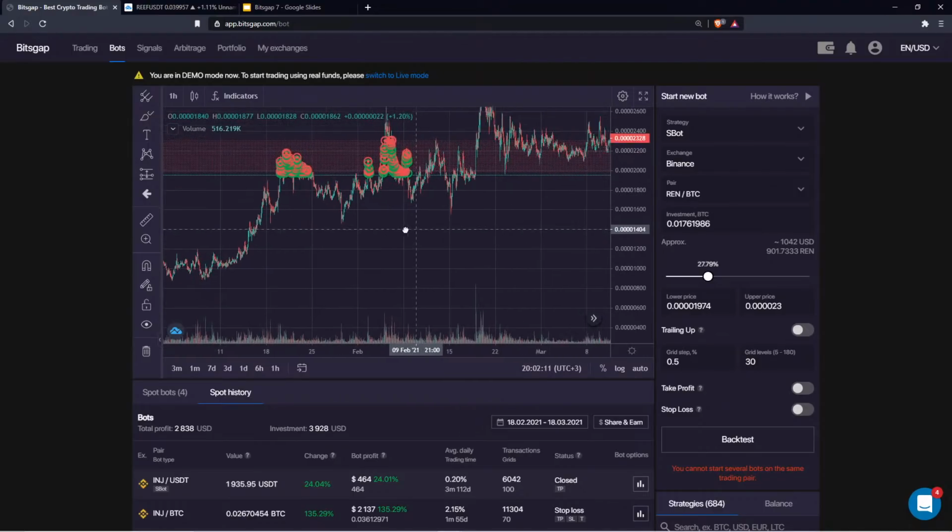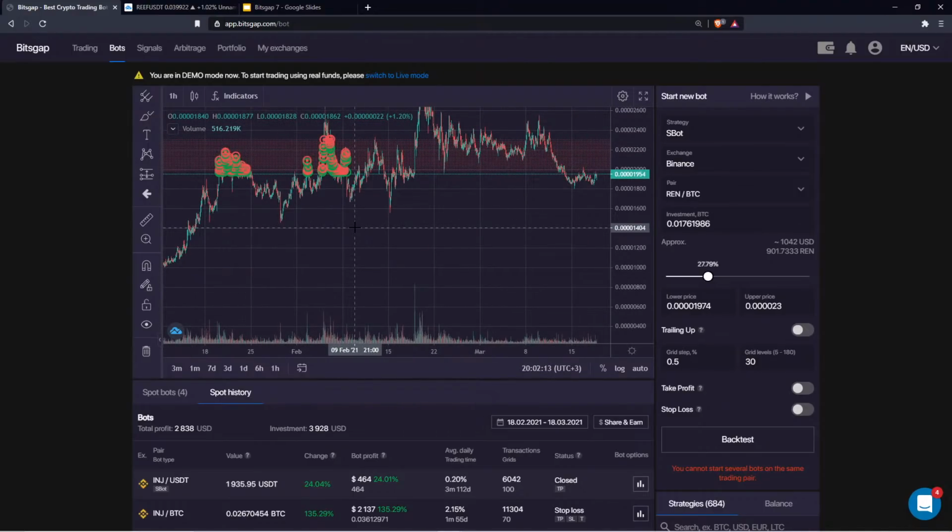It always takes time to make sure it works the best before all of the users can use it. But I guarantee that very soon we are about to release the futures bot,